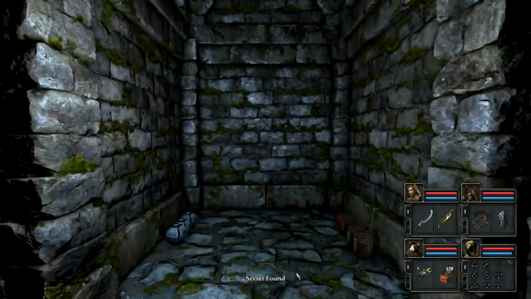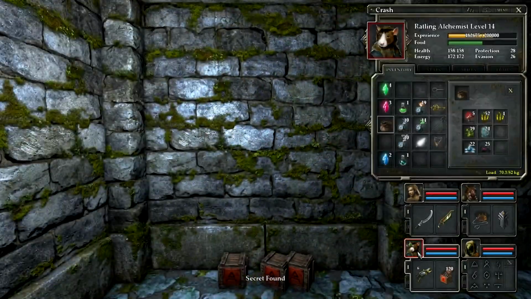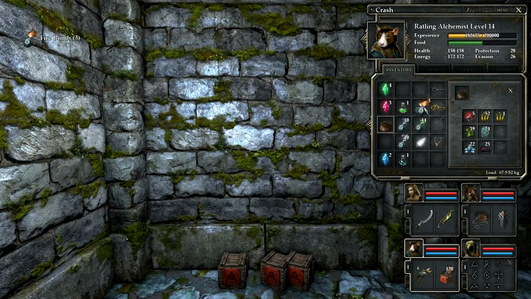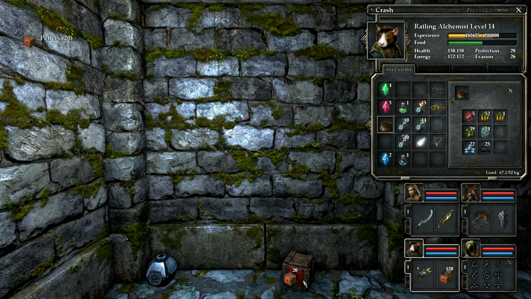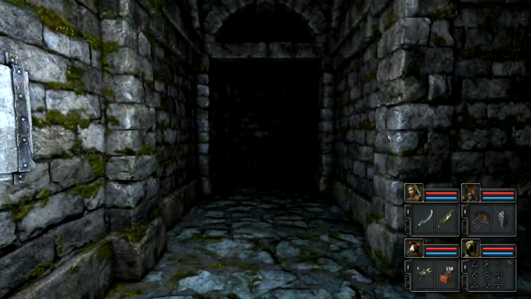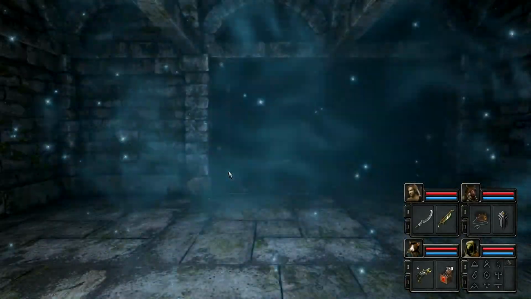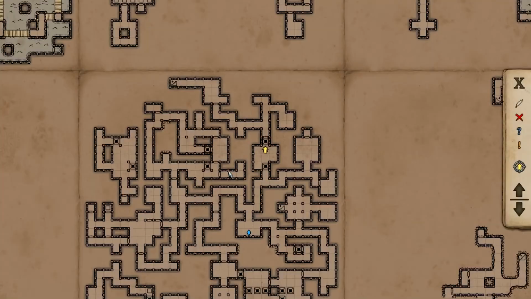Ta-da! Secret number 77. Had some fire bombs, which I can't really hold. I don't really care too much about bombs, never really used them. Pellets are nice, though. Did use those. But that's all the secrets in the game. Those are at least the ones that I missed. That does give me all the way up to...